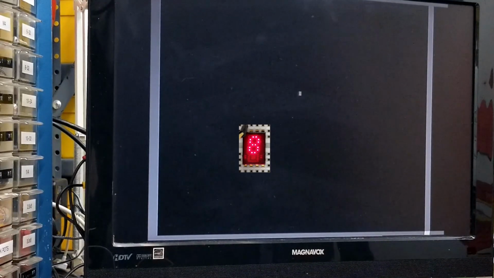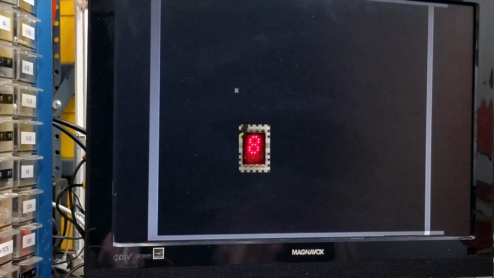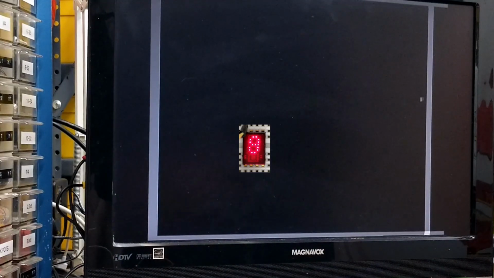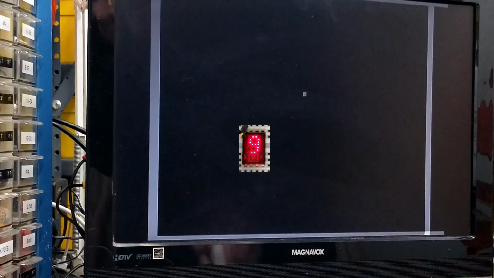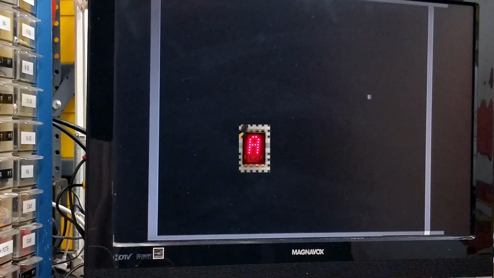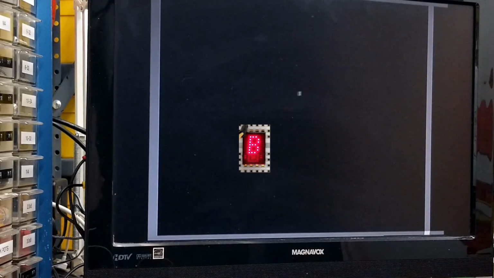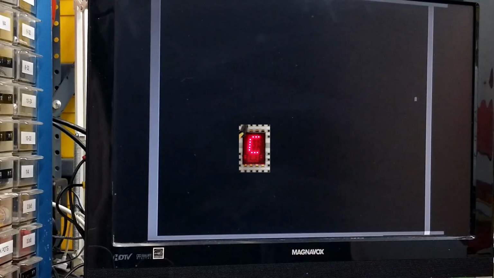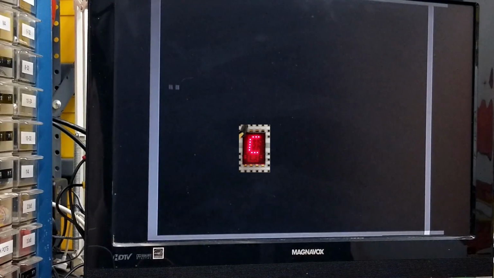Slow again at 8. And medium again at 12. And stays there as predicted.